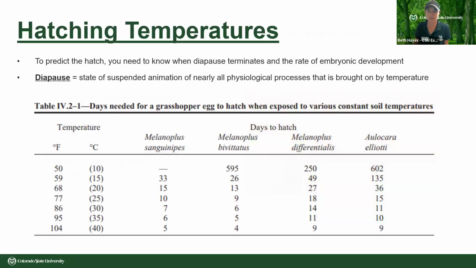So when you guys start thinking about management, I just want to put this out here about hatching temperatures. When we predict hatching for grasshoppers, you need to know when diapause, which is that state of suspended animation, is brought on by temperature, when that stops, and then when the eggs are actually going to have more embryonic development. For most of the species, we're seeing that these are different grasshopper species here, days to hatch. And then this is temperature, here's Fahrenheit, here's Celsius. For this purpose, we're going to just focus on Fahrenheit. For most of these, they're hatching between 59 and 77 degrees,